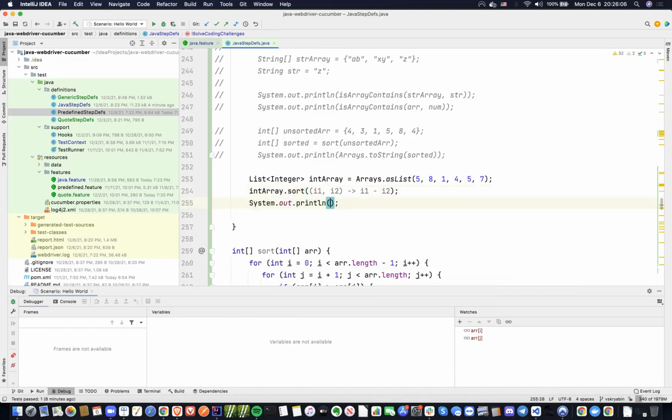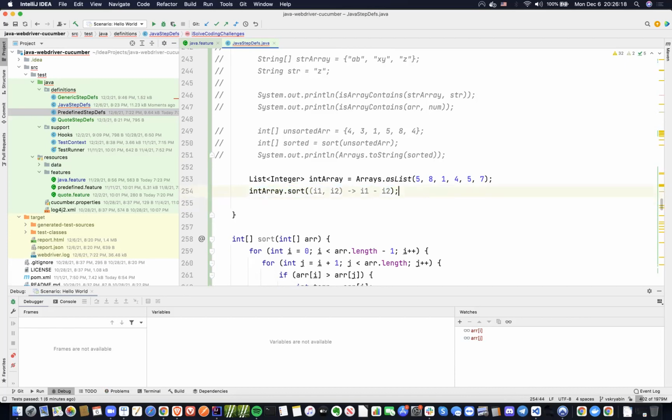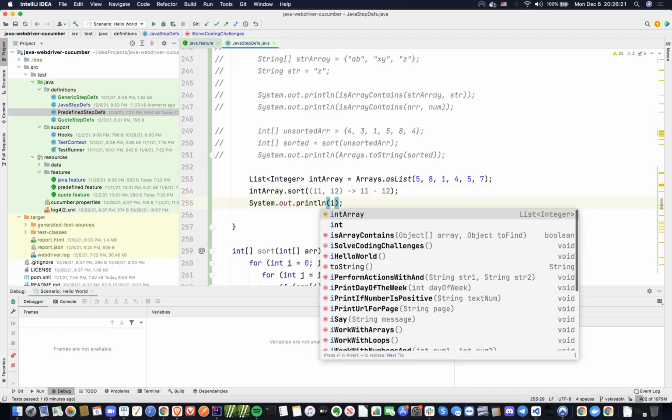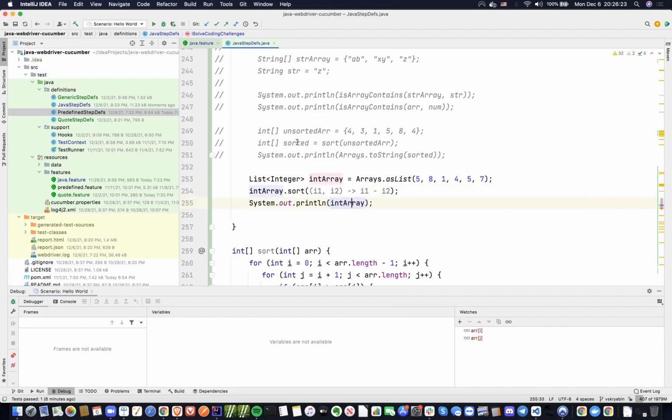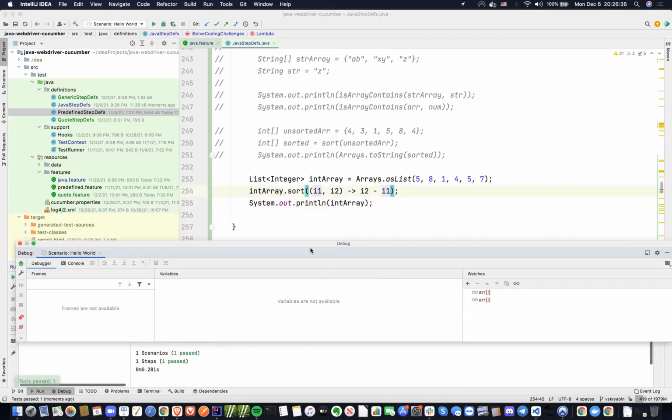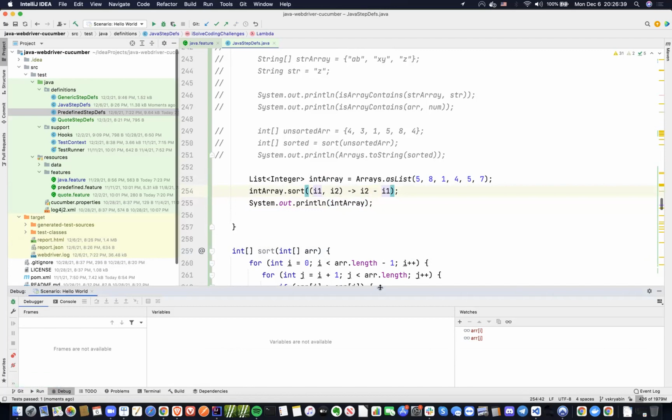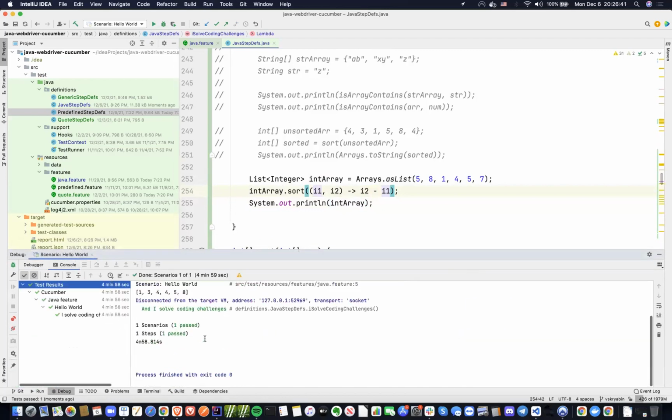Then you want to print the default to the console. If I do this kind of logic,